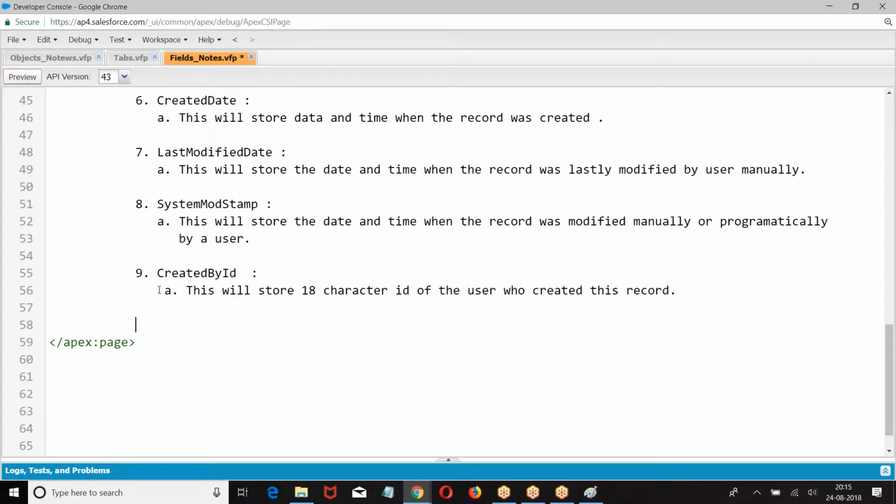How do you recognize every employee? They will have an 18 character ID. So based on the 18 character ID, we recognize. CreatedById is the ID of the user who created this record.